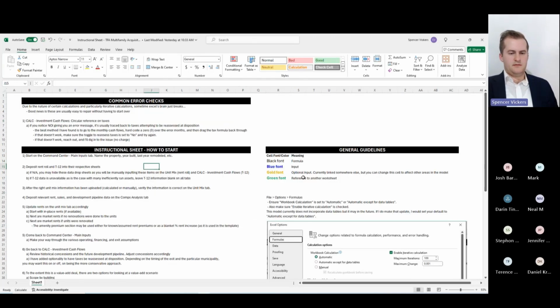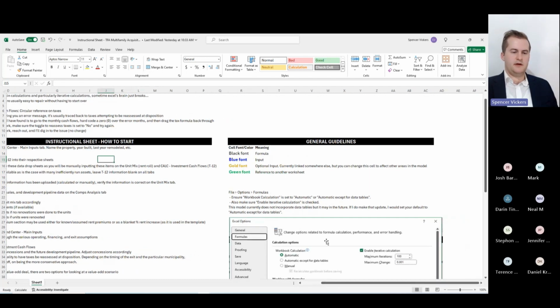So some general guidelines to start. Anything that's a black font is a formula. Anything that's a blue font is an input. Anything that's a gold font is an optional input. It's currently linked somewhere else in the model, but you can change this cell to affect other areas in the